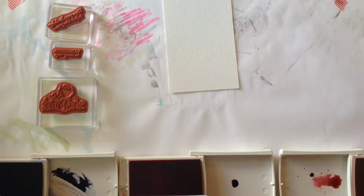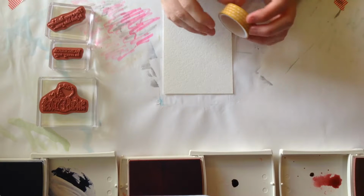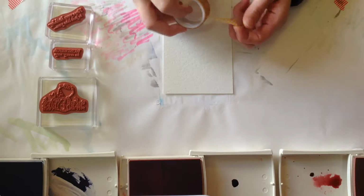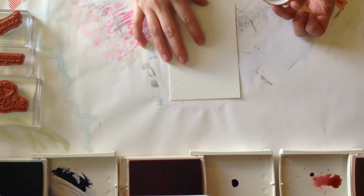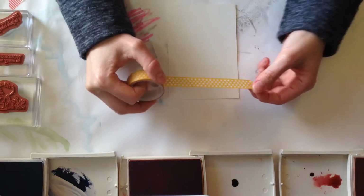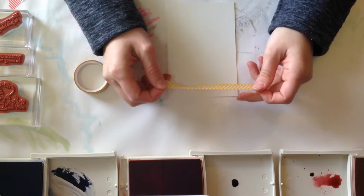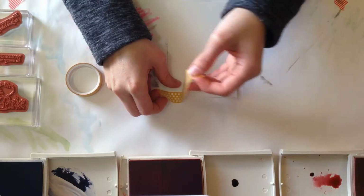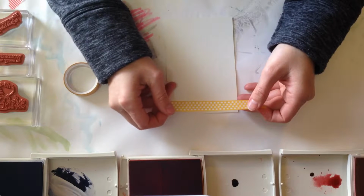So basically what you want to do is use some washi tape. Now I'm just using this Crushed Curry washi tape. This is from the It's My Party collection from the last Occasions catalogue, so this is actually now retired, but it's fantastic for these sorts of little projects. So before we start, we just want to tape down the card, but we want to make sure that it's straight,